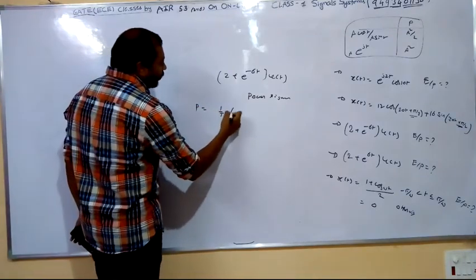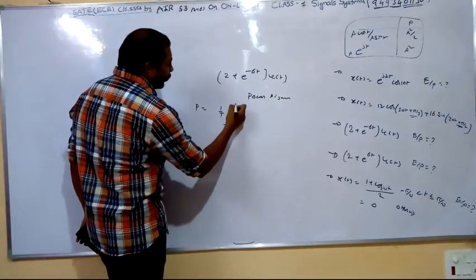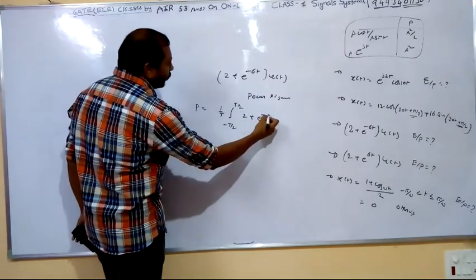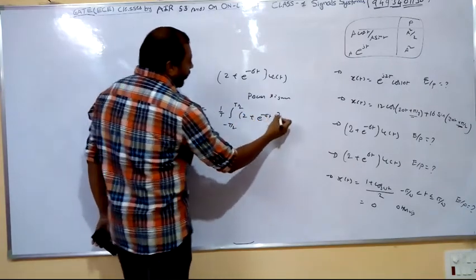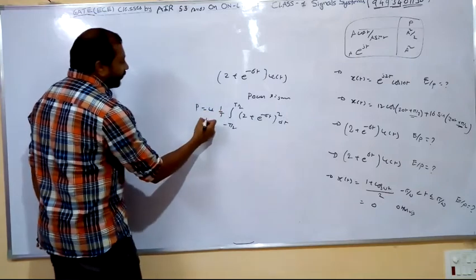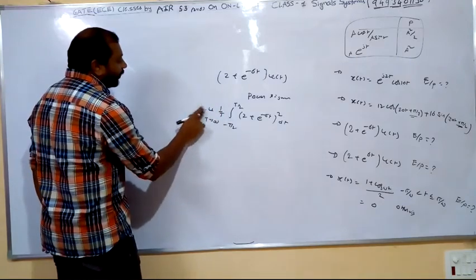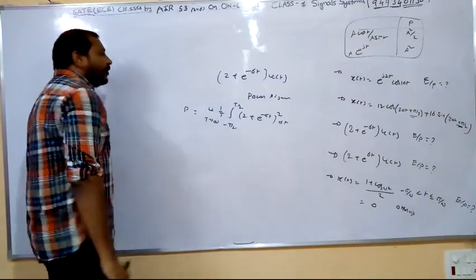Right or wrong? Power signal. So we have to calculate the corresponding power. P is equal to 1 by T integration from minus T by 2 to T by 2 of (2 plus e to the power minus 6t) whole square, and thus limit T tending to infinity, because it is